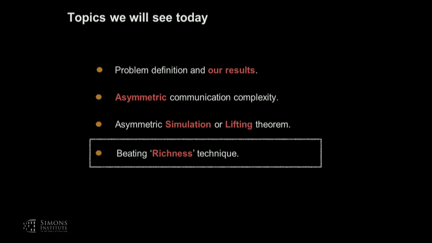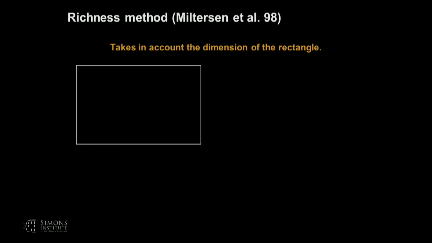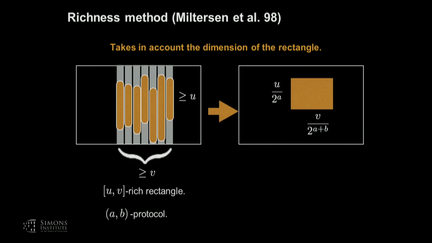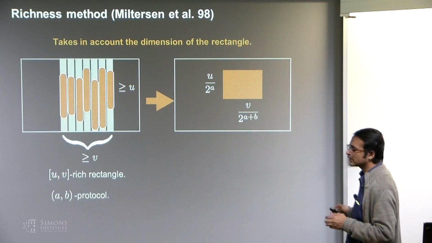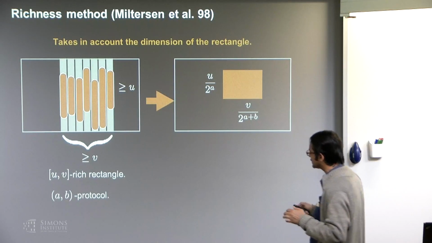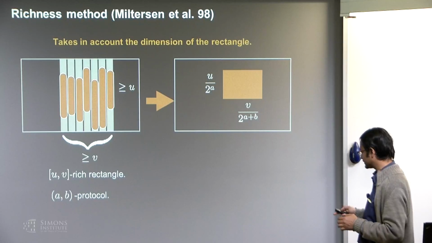I wouldn't have time to talk about the lifting theorem more, but let me give you an example of why this sort of thing can be more powerful than the richness method. The richness method, just to quickly recap, says the following: if your matrix is UV-rich, which means that your original function had the property that there exist some V columns in each of which there were at least U many ones, then you call such a matrix UV-rich, and you essentially prove that